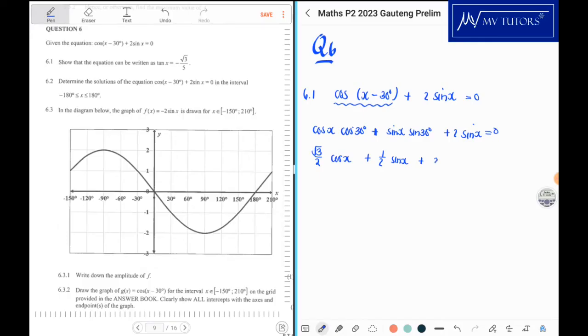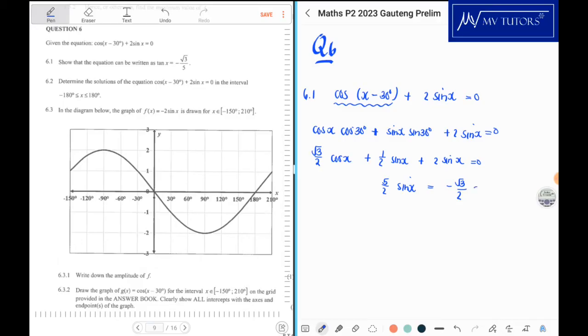And we are adding 2 sine x. Alright, so I'm going to add the half and the 2. So I get 2.5. I'll just put it as 5 over 2 sine x. And I will make it equal to negative root 3